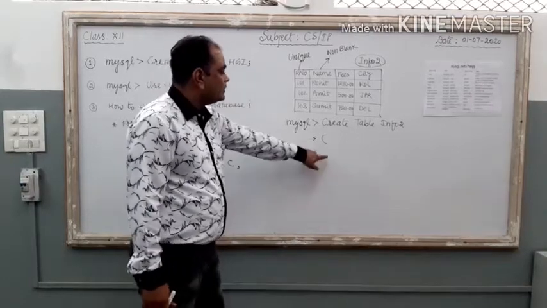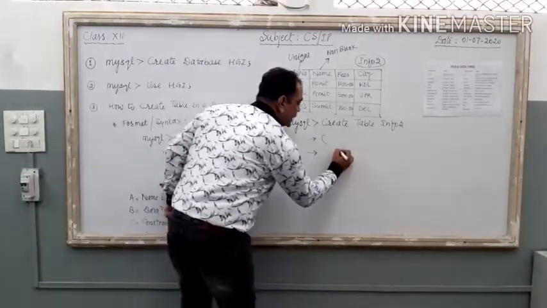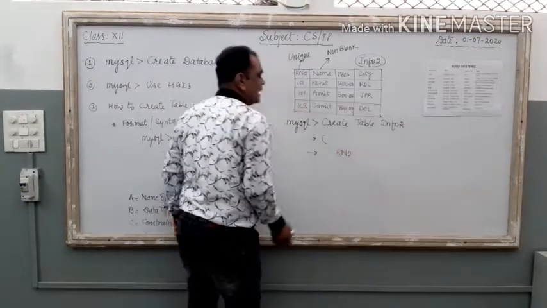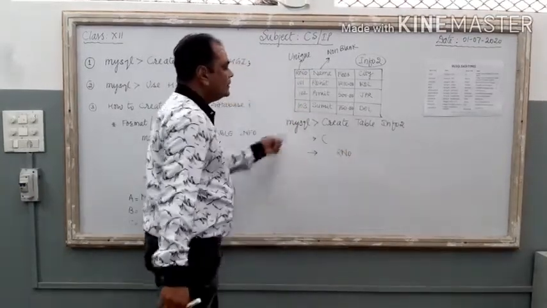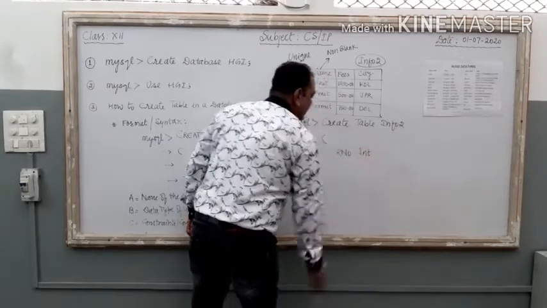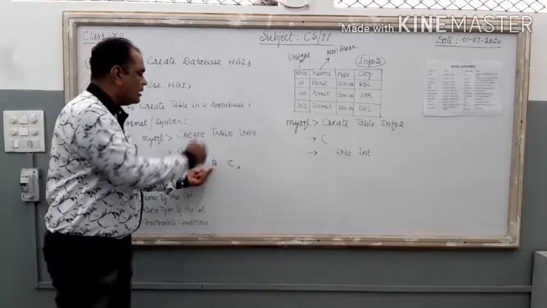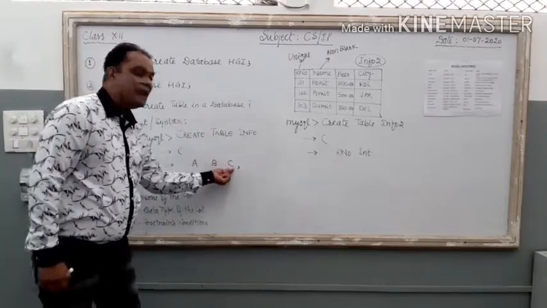Now here at the third line, my first column is RNO. So my command is RNO. Very first I have to write the column name, then space. What is the data type of this column? It is integer. Part A, column name. Part B, data type. So A is roll number, B is integer. Now we are here at the third point.